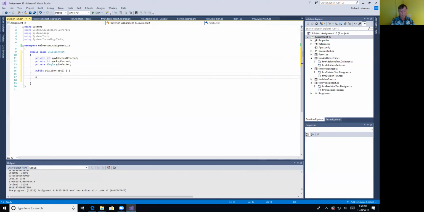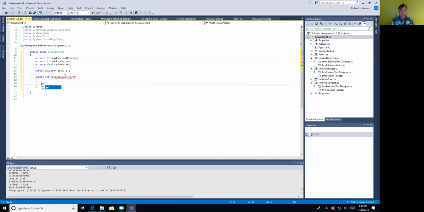And so there'll be one public int max discount percent, and I'm using a different convention than the textbook does. The textbook would put underscores here. I don't. I use lowercase here and uppercase here. That's, to me, a little bit better way to identify that they mean the same thing. Discount percent,